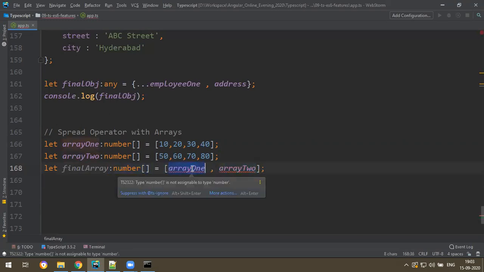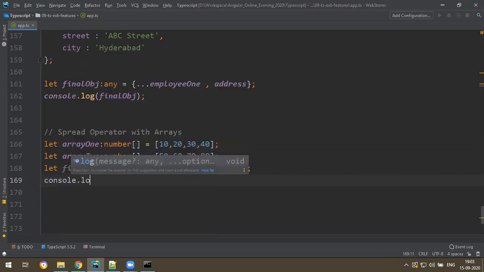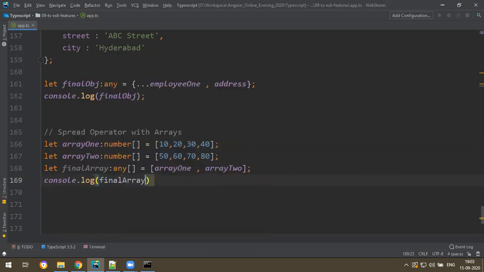Actually, each element should be a number. But this is not just a number, it's a number array. So if you substitute the whole number array as an element, you get the error. If you just say any, then no problem. Okay, fine. First, let's see the answer and then we'll discuss final array.